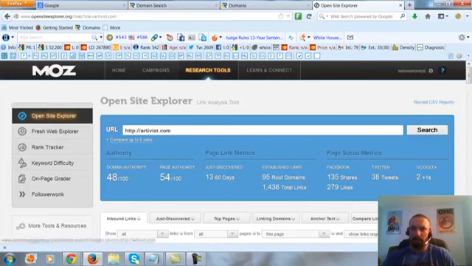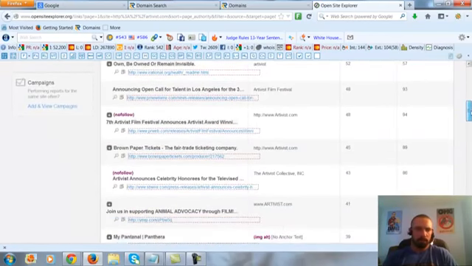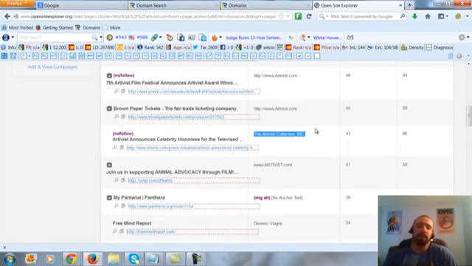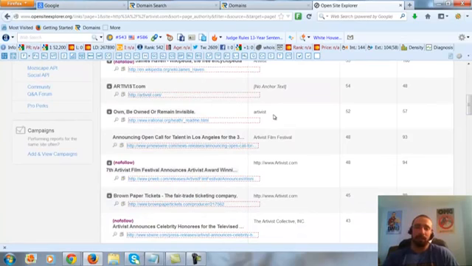Let me actually cut out duplicate domains. Brown Paper, SPY. So, they did some press releases, which is fine as long as they got other links in there. Again, different anchor text. It's branded, but it's different. It's not all the same. It's much different than the first one we see. Even though it's a lot of branded anchor text, it's done differently, and that's a good sign.